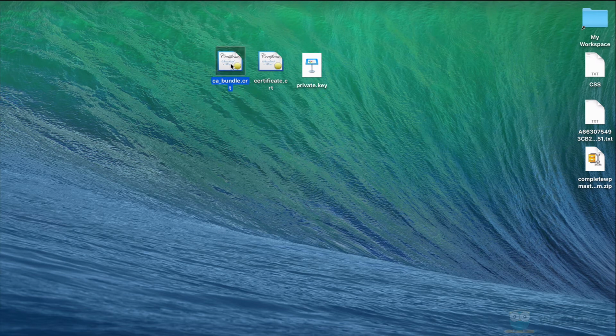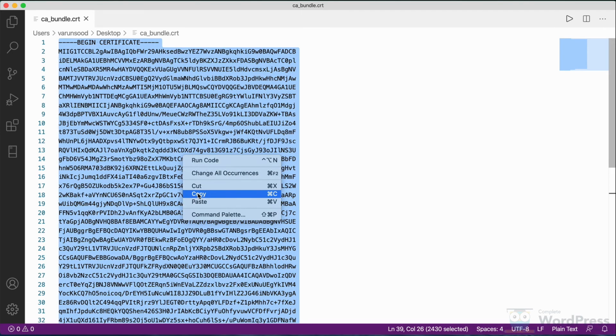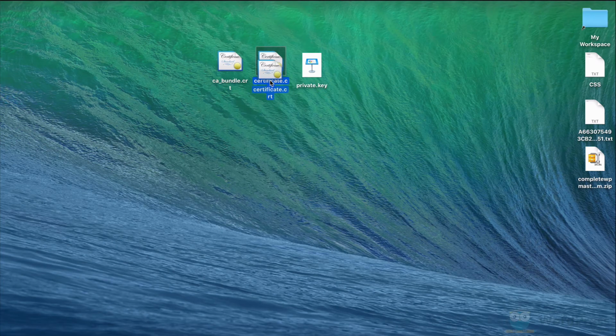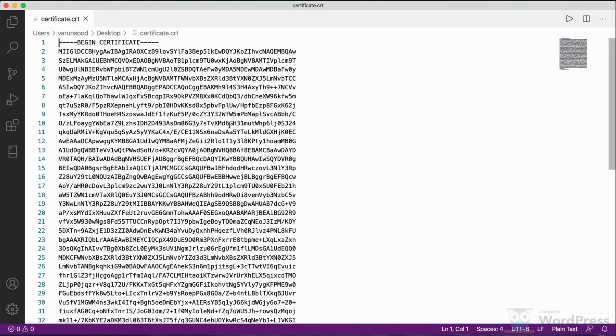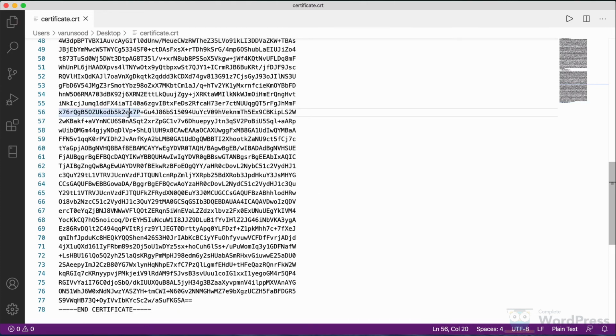Open up the file ca_bundle.crt in any text editor and copy its contents. Now open certificate.crt in a text editor and paste the contents that you just copied at the end. Save the file and close it.